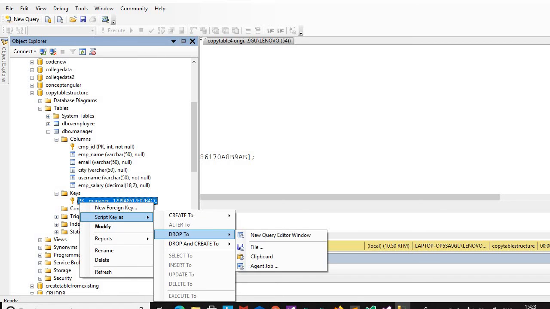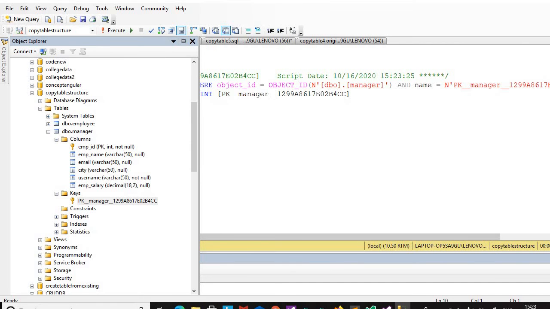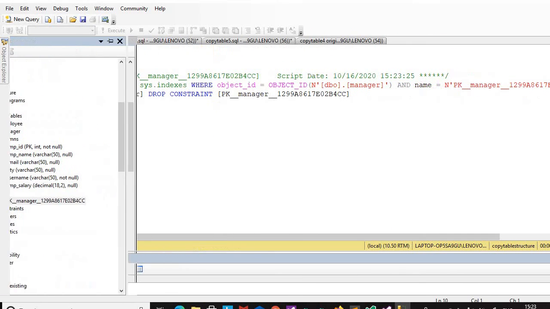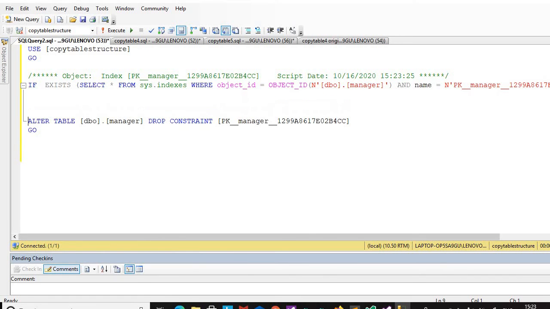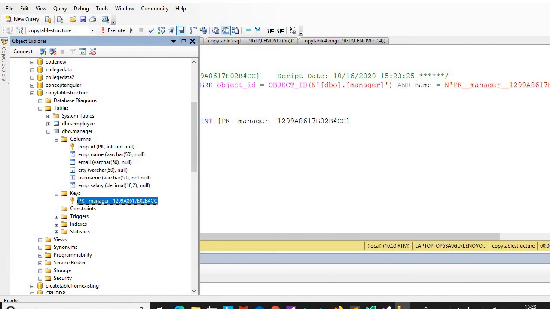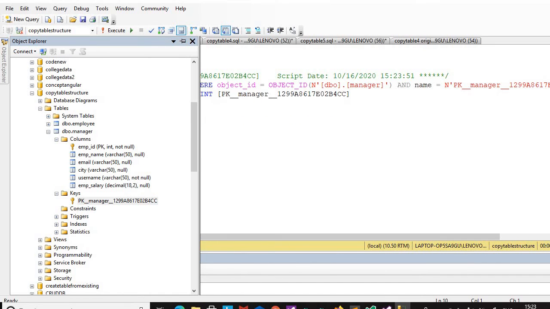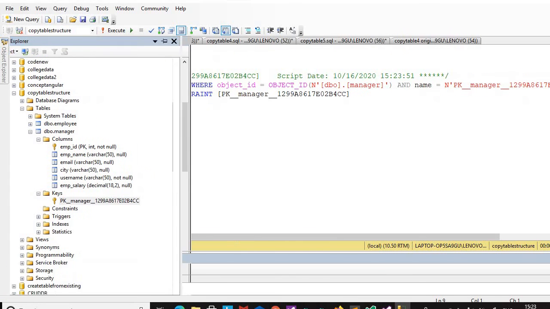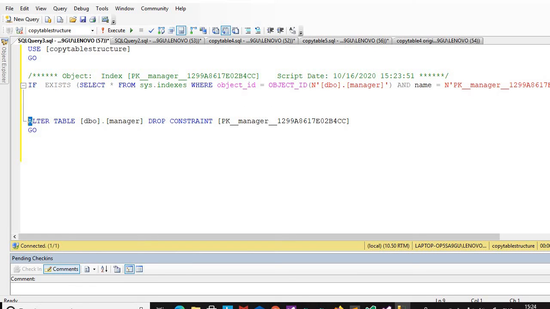Script key as drop to, then new query editor window. This is the automatic query. See here, we have given drop to. Script key as drop to new query editor. Then here this is the query. So if we execute this query,